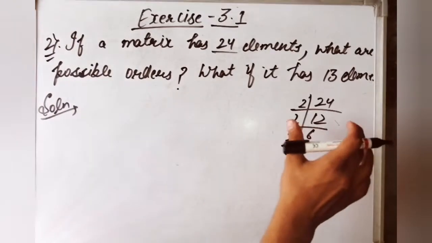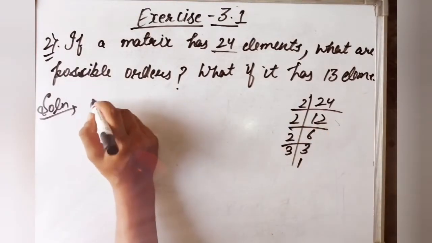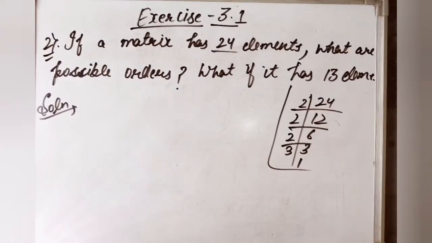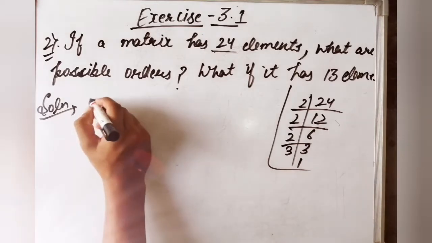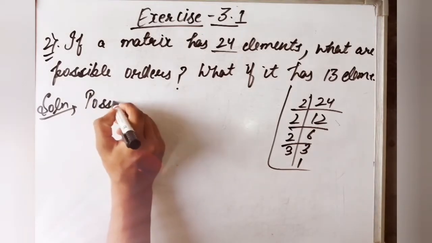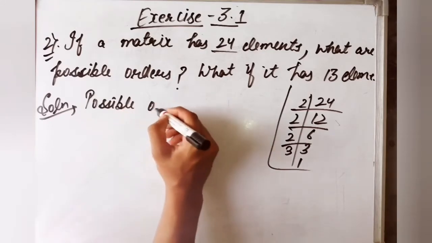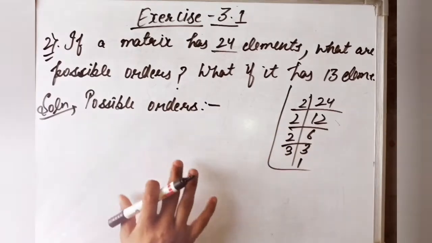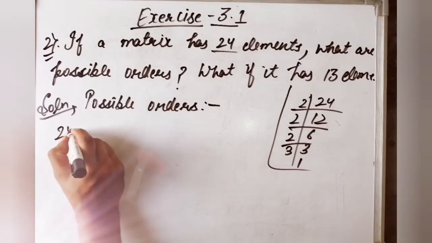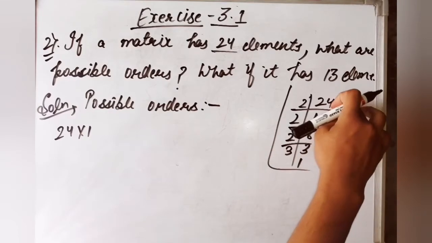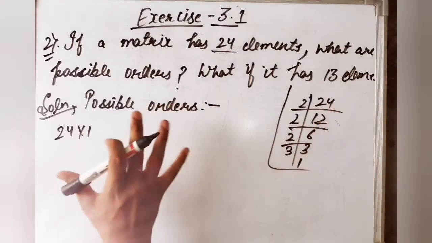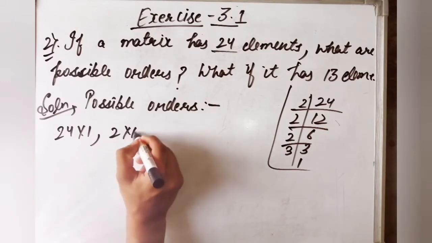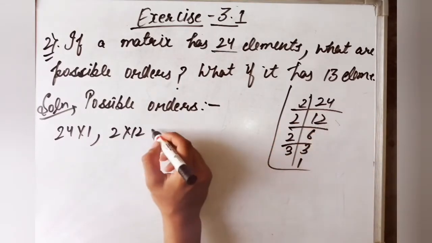Our very first orders for... I have done factorization here, HCF, and now the possible orders are 24 into 1, because it is the maximum number, and next we have 2 into 12,